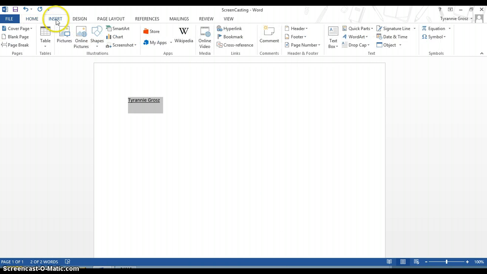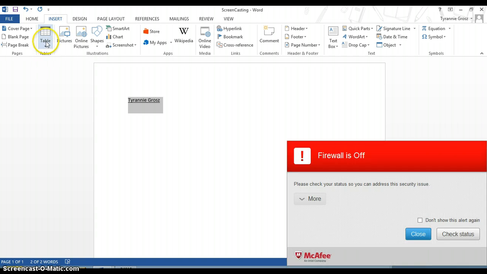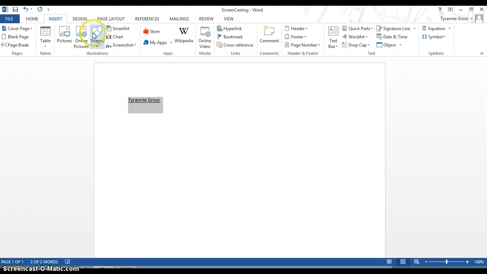You may need to use insert, and you may need to insert a blank page, a page break, if you're going to add stuff to the paragraph you're working on. You may need to add a table or pictures. These three you're probably not going to use very often right now, not for these three pages. You might not use right now for our writing, but you can certainly look at them later, and we'll have